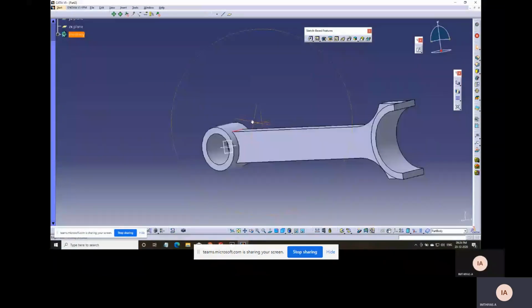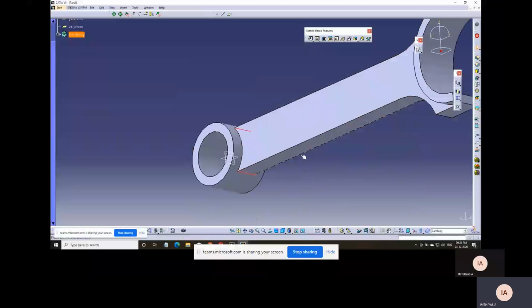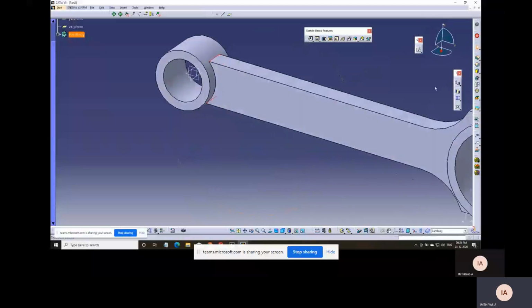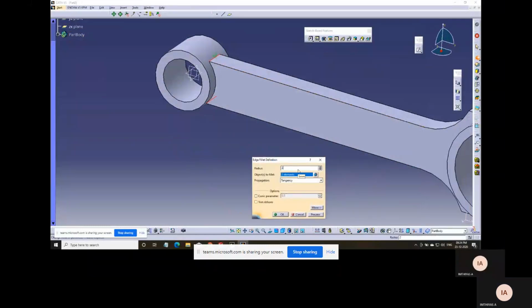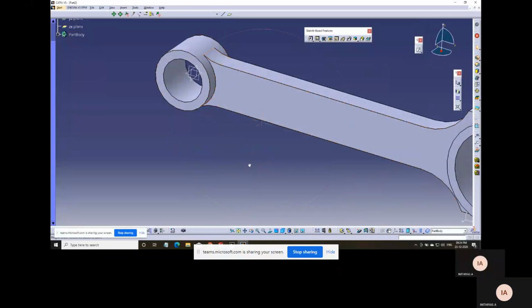And now using the fillet command, we can make a fillet of radius 22 mm.